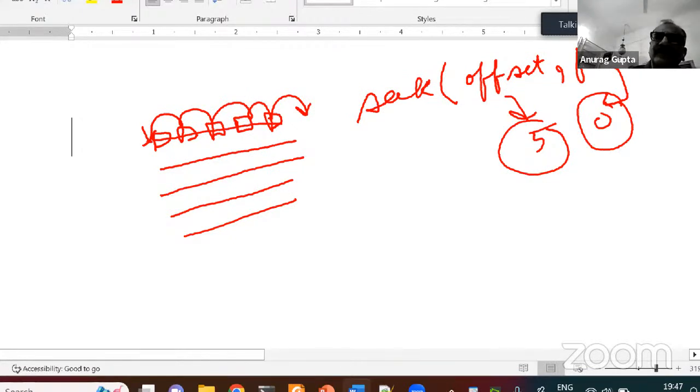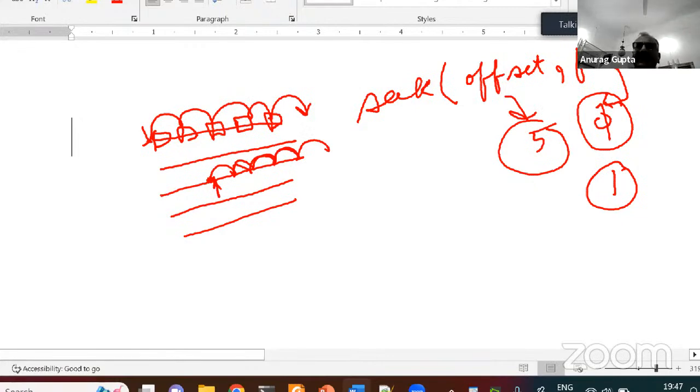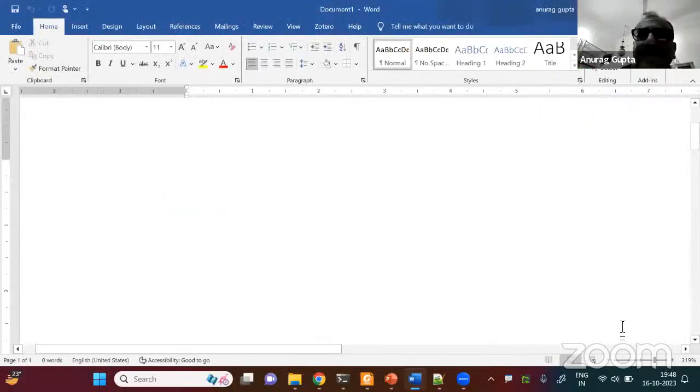The first is 0, which means it will start from the beginning of the file. The second is 1, which means wherever the cursor is, it will move from there. If you put 5, 1, then it will move 5 bytes from its location. Suppose it is here, it will move 5 from here: 1, 2, 3, 4, 5. And then 2 is for the end of the file. So this is the way it works.